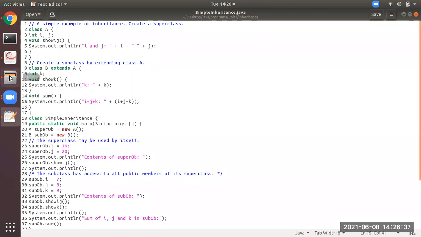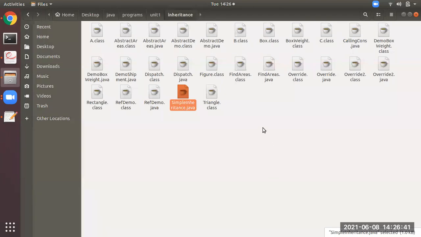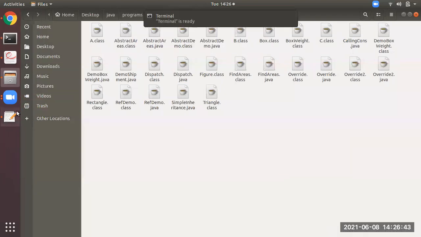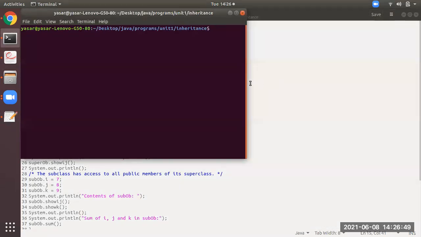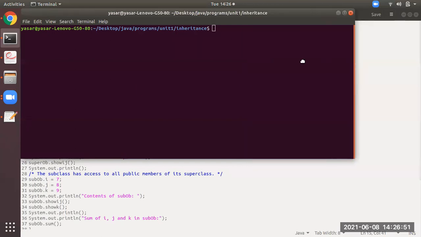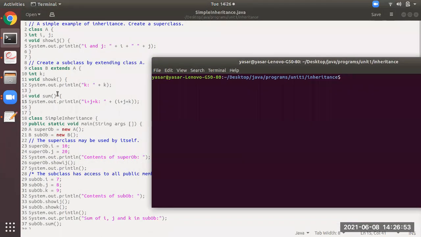Now I will show you the execution. You can observe. See, at the 18th line we have the main class.